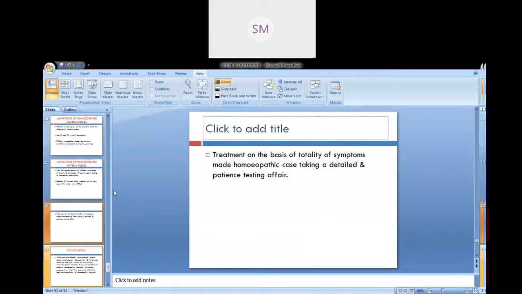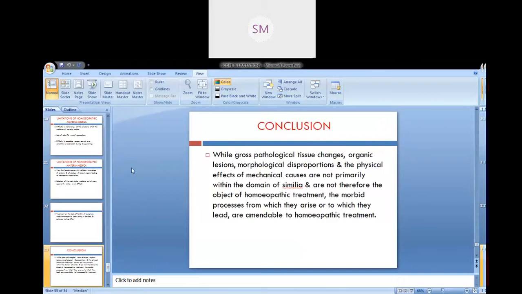The conclusion is that while gross pathological tissue changes, organic lesions, morphological disproportions, and the physical effects of mechanical causes are not primarily within the domain of similia, not primarily within the scope of homeopathy, and are not therefore the object of it, the morbid processes from which they arise, the disorder, the disease process whose ultimate result is those pathological tissue